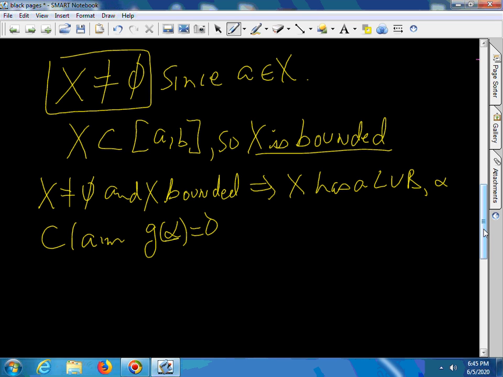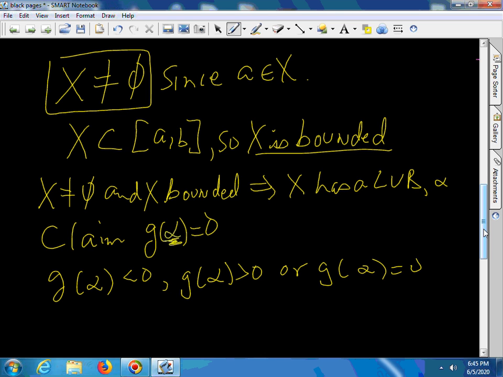That is, this is our C value. The first place where it crosses. This is one of the C values. It happens to be the first place where g crosses the x-axis. Now, we have this obvious statement: g of alpha is less than 0, or g of alpha is greater than 0, or g of alpha is equal to 0. Well, if I show this isn't true, and I show that isn't true, I'm done. That must be true. And this is because